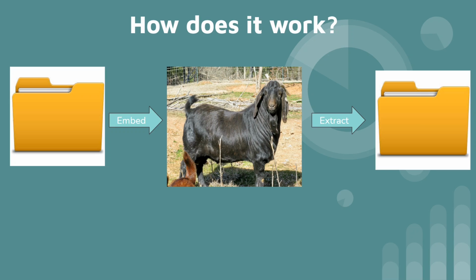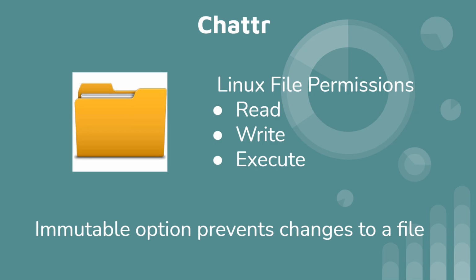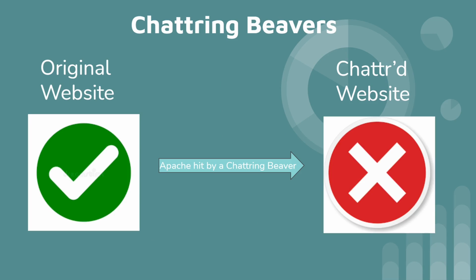And what I've done with this file is utilize the chattr command so that when run, it will affect the file permissions within a Linux operating system. It will set certain files to be immutable, which means no one can make changes to said file. And this is great if you want to mess up an Apache web server,